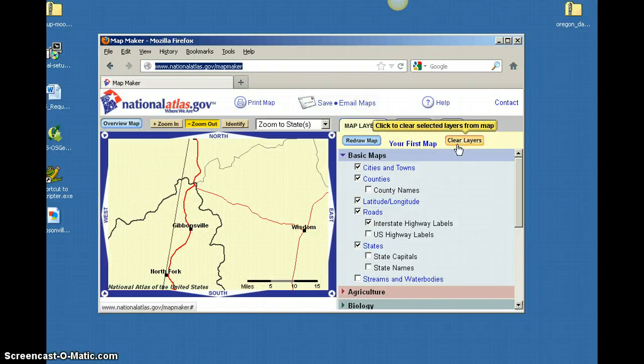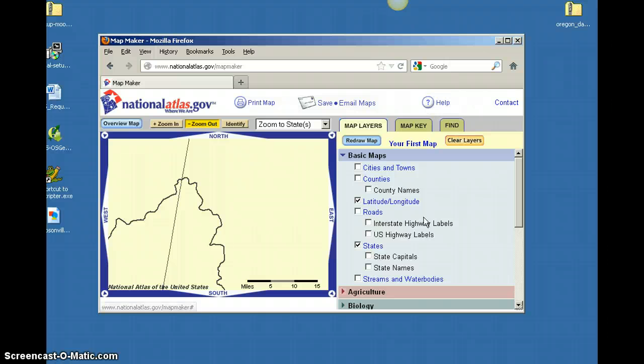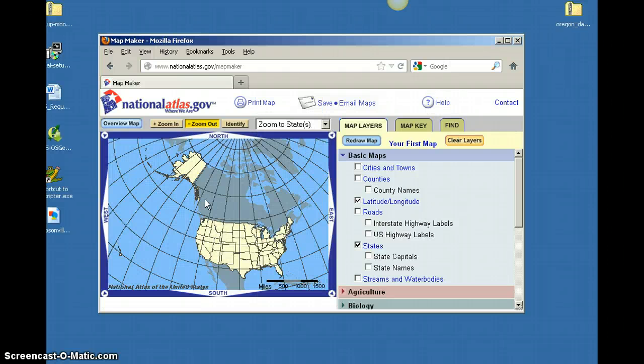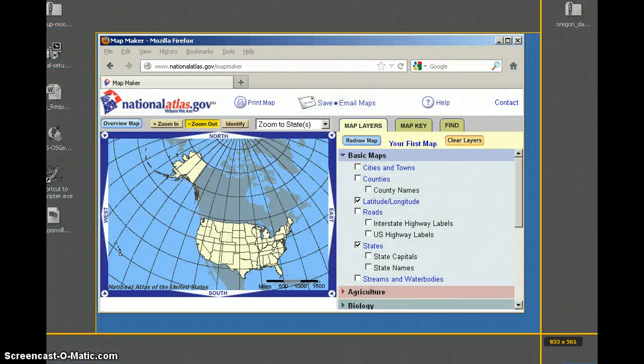So I'm going to clear all layers here before we get started and zoom to the 50 states. There we are. So that's kind of what you'll see when you open the National Atlas. I'm going to click Capture, select the entire map this time,